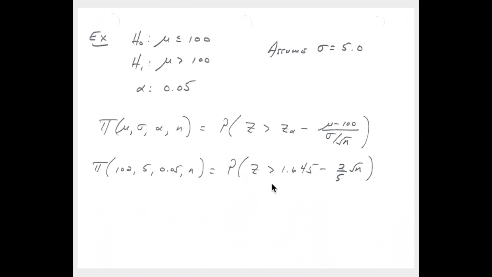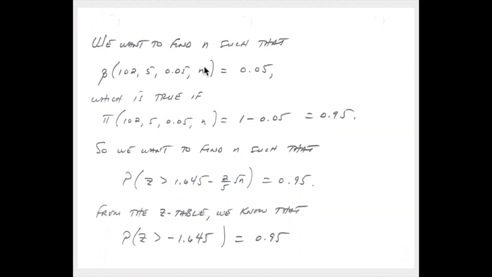All right, and so this is what the expression for that power or probability looks like. So there's the unknown, right? The n shows up under that square root sign. So we want to find n, the sample size, such that beta is equal to 0.05. Now remember that beta is equal to 1 minus power. So if beta is equal to 0.05, power would be 0.95. And so we want to find the sample size n such that the power of the test is equal to